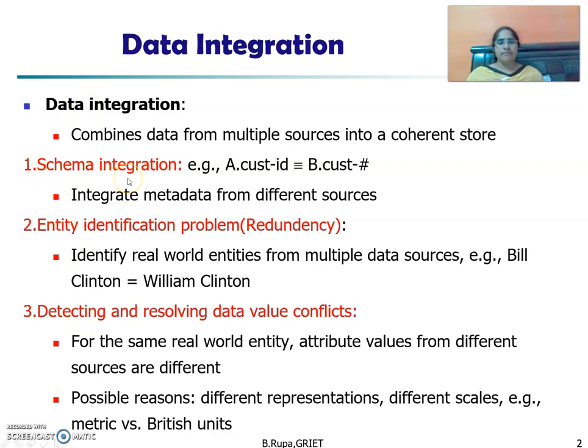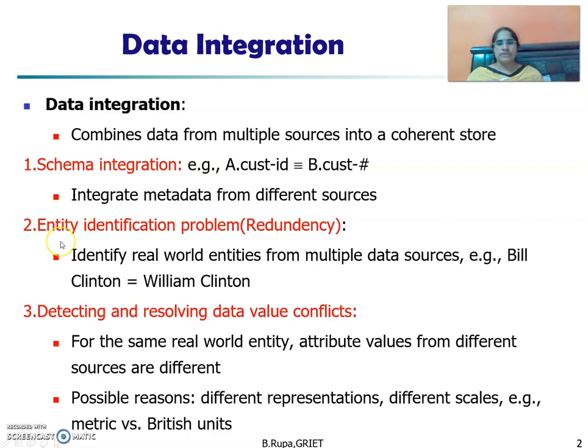Schema integration. Generally, a database contains a schema. Whatever data we are storing in a database, it definitely contains schema-related information. For example, one database may have an attribute called customer ID, cust.id. In another database, it is called customer number. Both are the same. We can solve this issue with the help of metadata. Why? Because metadata contains the type of data, the meaning of data, and the range of values available for the corresponding attributes. Using this metadata, we can easily solve this issue, because customer ID and customer number are both the same.